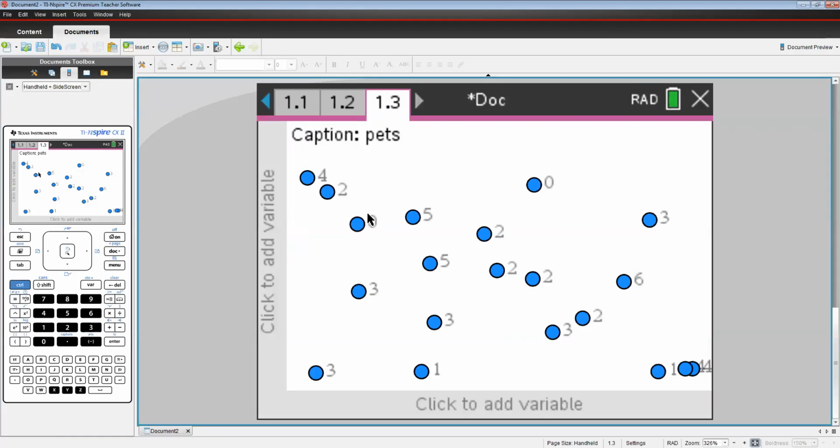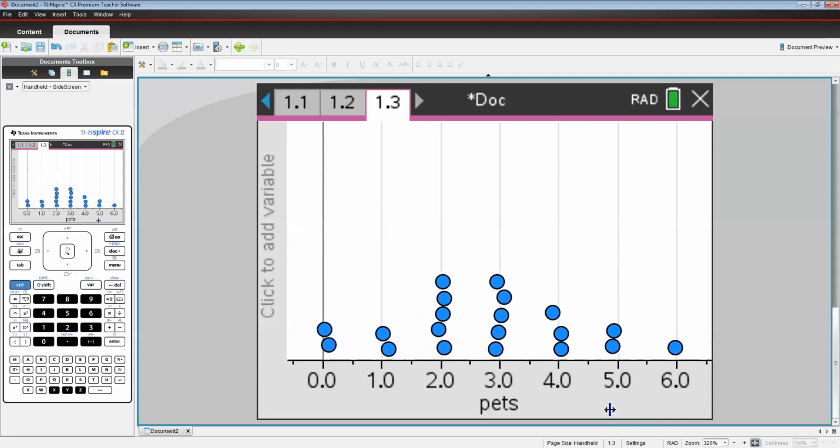And then it says click to add your X variable to the bottom. So it depends what kind of calculator you have, but it'll say click to add variable here and here. We're going to add our variable down here to the bottom. So click that, and you'll see the name of whatever you named your data will appear here. So you hit that, and it says pets. And wow, look, it's the dot plot, and it looks exactly like the dot plot we have in our notes,